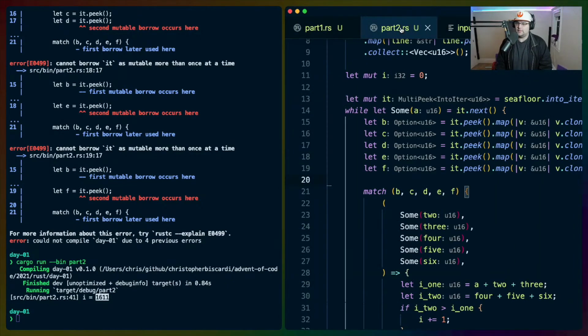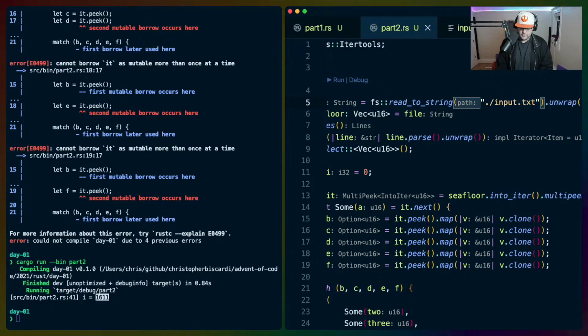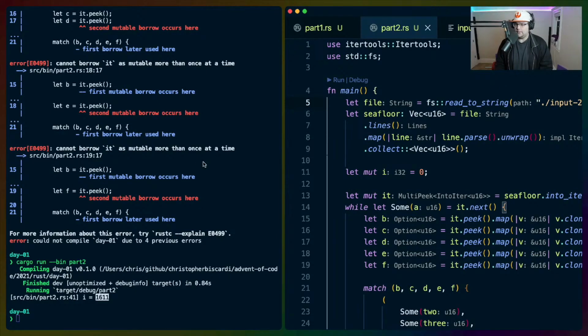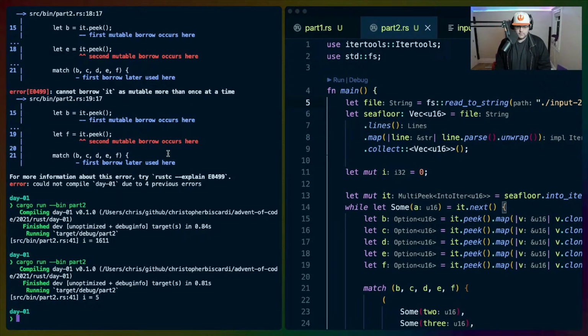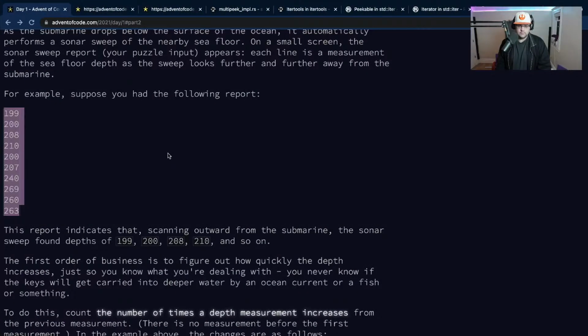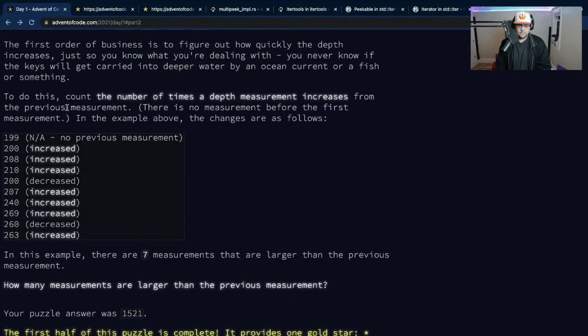It's going to be input2.txt, and this is going to be input-2. We could add this as an argument, but I'm not going to. It's right on that one. Wait, is it not right on that one?